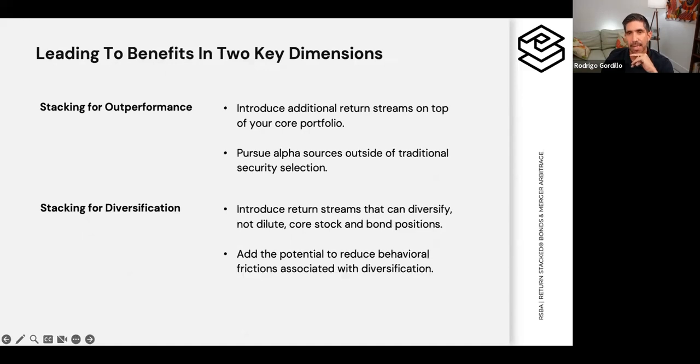So clearly, there's a behaviorally robust approach to doing this, but let's think about how different allocators think about return stacking. And I think there's 2 ways to think about this, 2 or both, right? The first one is the stacking for outperformance. If we're thoughtful about allocating to valuable alternative sleeves that have historically exhibited 7 to 8 out of 10 positive years and calendar years, then over time, we have an expectation that the 60-40-20, or any stack that you prefer,